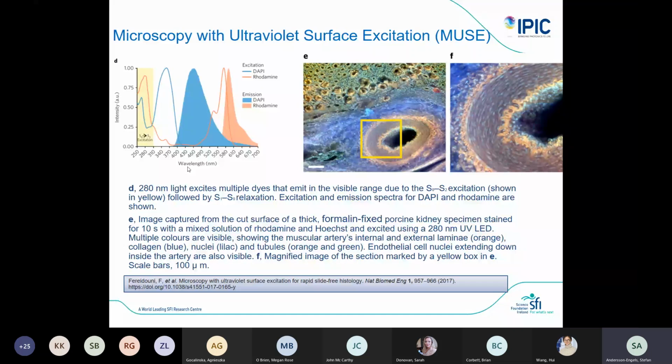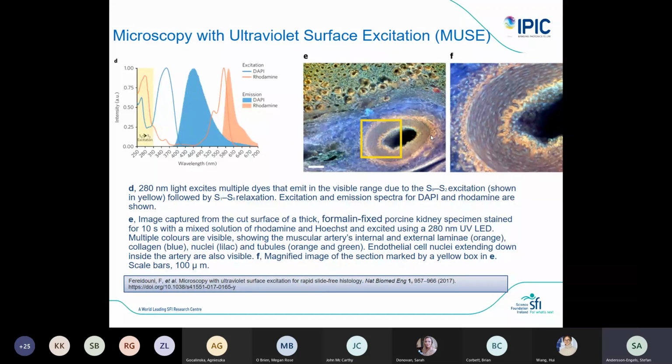UV radiation is also very interesting in photonics for microscopy. And this type of microscopy is really surface excitation microscopy. So it's called USE. And this is a tool that I developed for histopathology, basically, to see whether they can make histopathology without any staining, to really be able to measure in vivo in the patient already without taking out the biopsy,